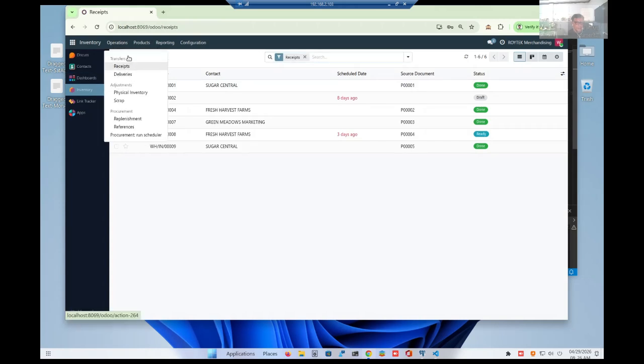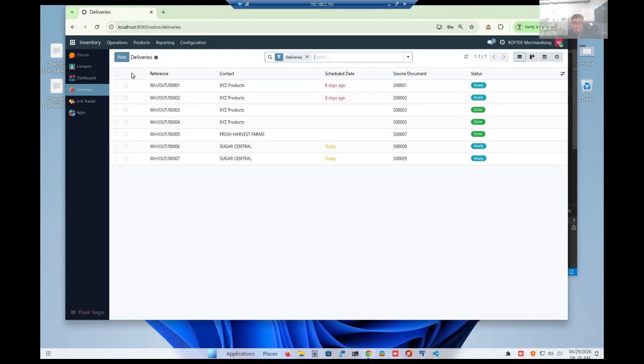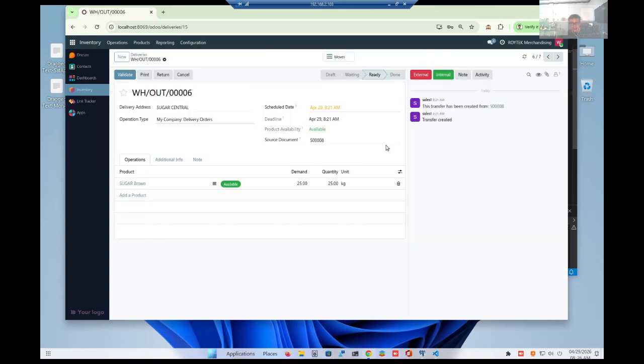Let's go to deliveries. We have a ready delivery which was created by the sales coder previously. So this has already been invoiced. So therefore, he can validate this.